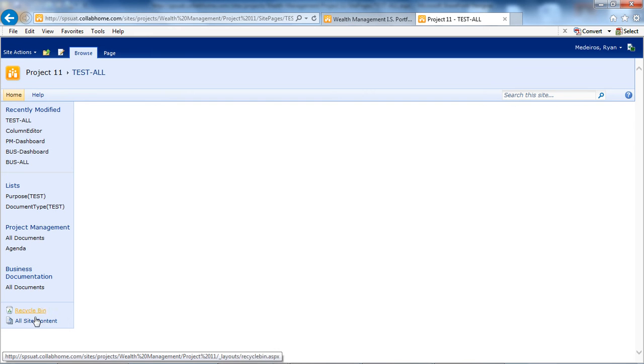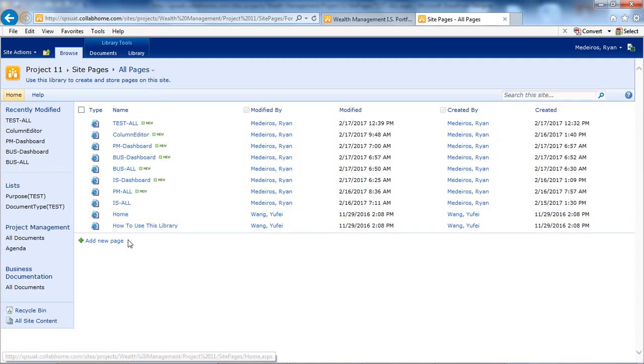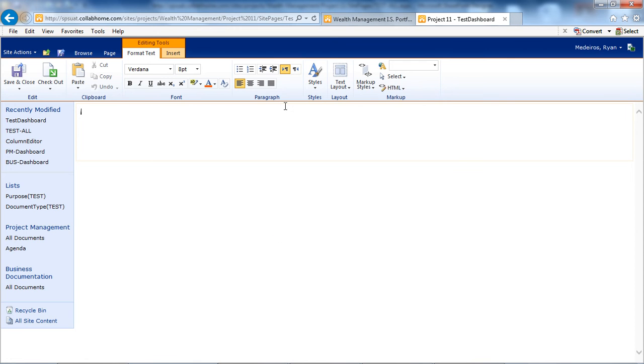Now we just need to go make the dashboard view. We'll go up to site pages, add a new page. Test dashboard is my code. Create. We're going to change the text layout to 3 columns. Add in the titles, test documents, all relevant documents. Leave some space, checked out to me, leave some space,